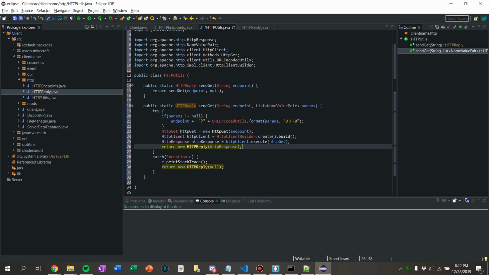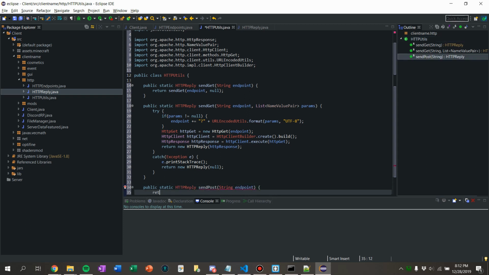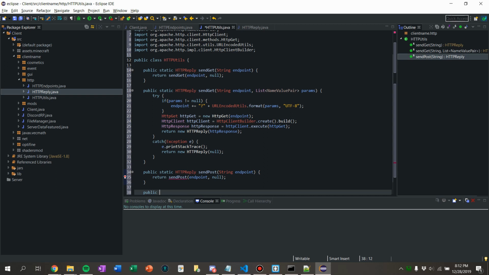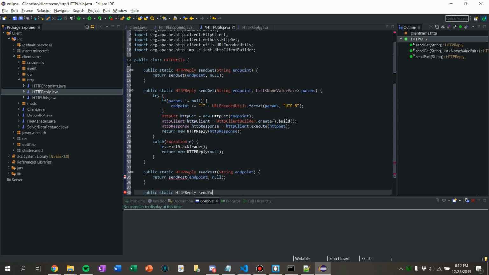Now we are going to do something similar. Post, so we're going to say public static HTTP reply send post string endpoint, return send post endpoint comma null. Public static HTTP reply send post string endpoint, list of name value pair params,